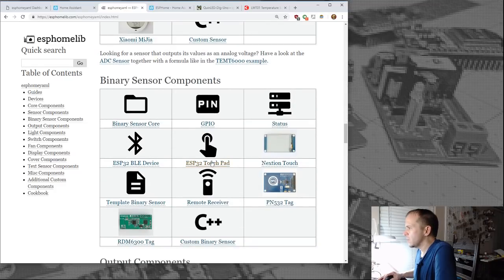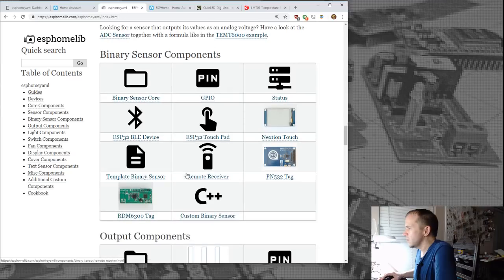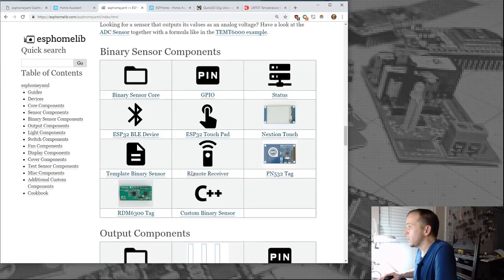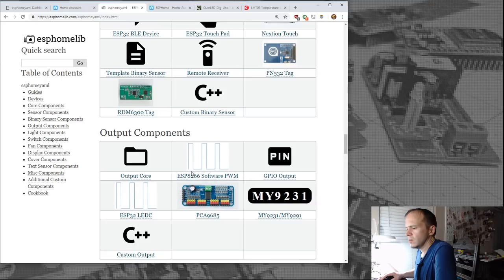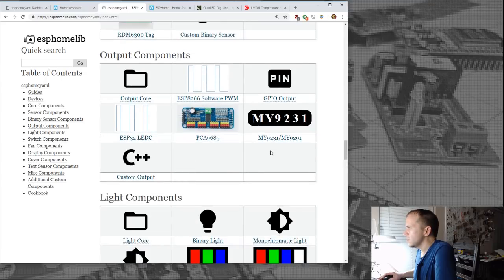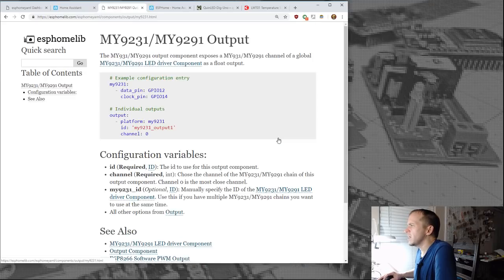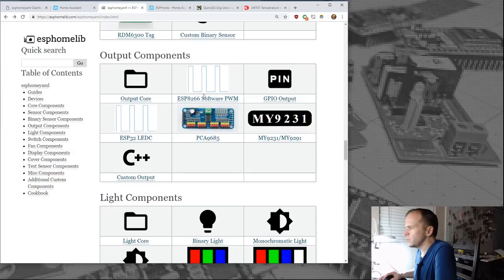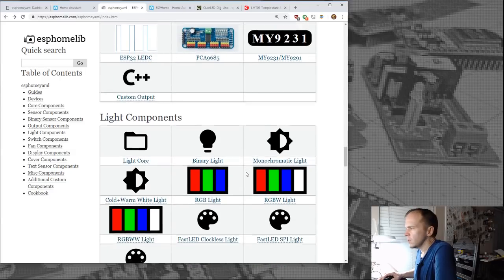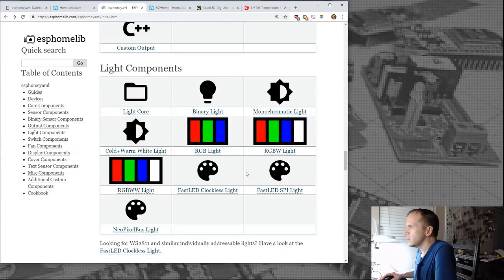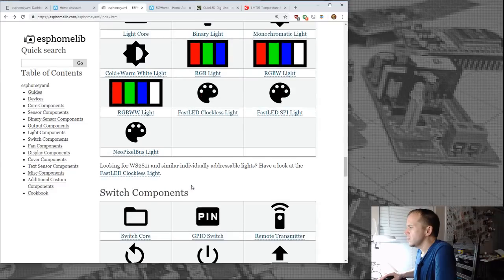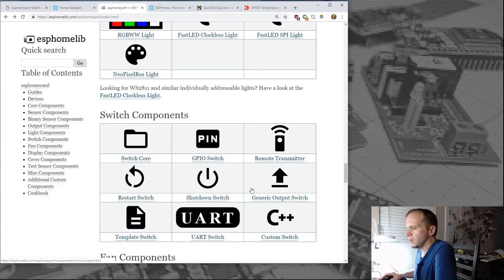There's that touchpad I was talking about. Remote receiver, probably for IR, I'm assuming. That's one of the LED drivers, I believe, or some of the bulbs. Yeah, so that you can drive some of the bulbs. NeoPixel, remote transmitter.